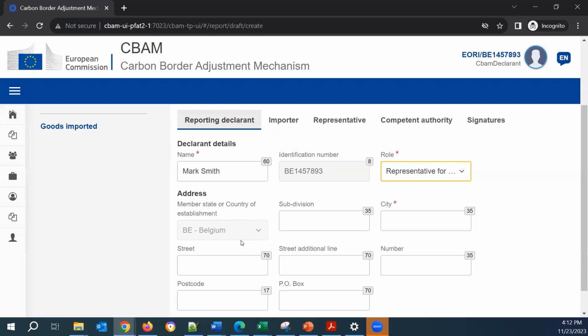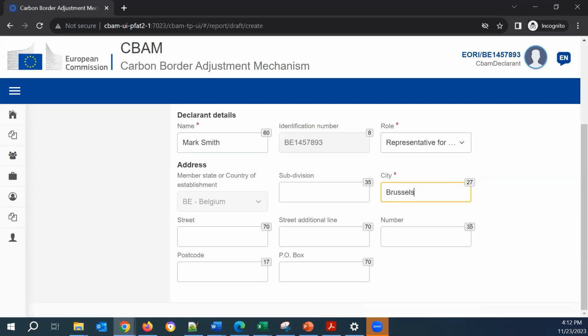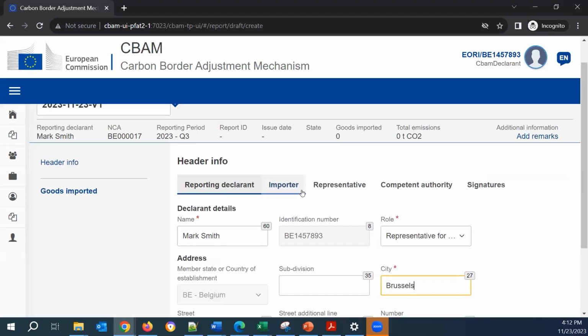My member state is Belgium. As you can see here, we cannot edit the identification number, the EORI, and the member state of establishment, because these come from the login details, and we need to specify a city because this is mandatory. We are based in Brussels. And I will leave the other fields empty because I don't know any street in Brussels to put in right now. And let's go to the importer.